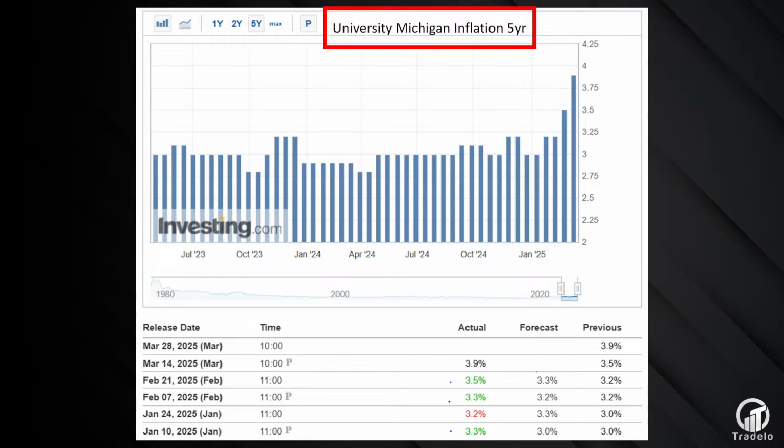Okay, if we go back to January, we were expecting a 3% print, we got a 3.3% print. Okay, if we go to the next print in February, we were expecting 3.2, it came out 3.3. We're now sitting up at 3.9, and if we look at it, there's just the sudden acceleration that's happening in inflation expectations. Now, I appreciate these surveys are skewed by political behaviors and all that,